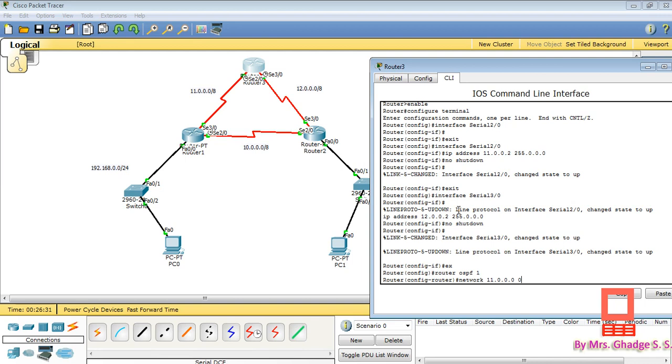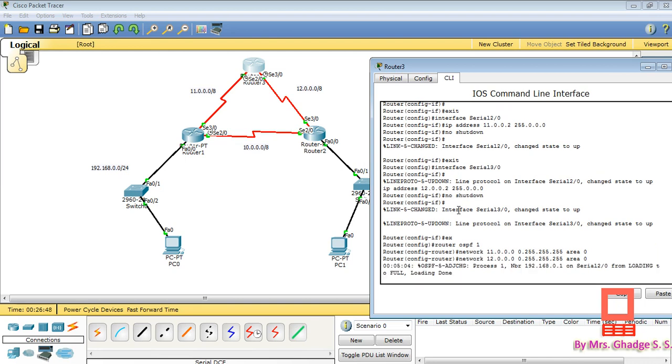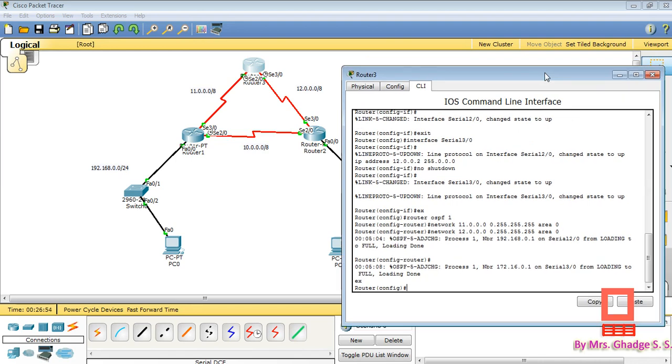Here the mask is 0.255.255.255 and area is 0. Okay, then same command for the network 12, which is again directly connected to the router 3. Okay, so in this way we have configured OSPF on all the three routers.